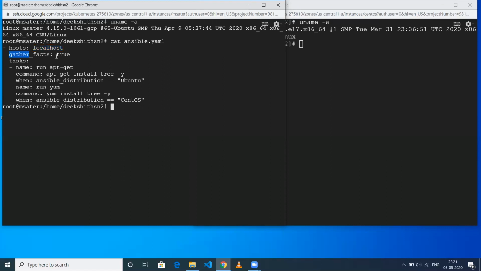And there is something called gather facts. You need to give this particular one. If you don't set it to true, then this scenario is not achievable. When you set gather facts to true, it gets the information about your nodes. In my case, the node is the localhost itself. If you want to see what gather facts will get when set to true,